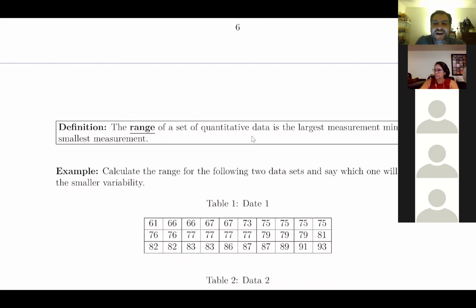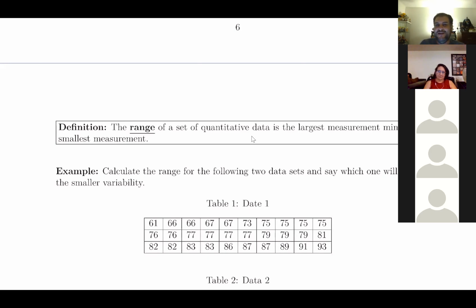The first way we're going to figure out which data set has the biggest variability is to calculate something called the range. The range is you get the highest number and subtract the smallest number, so the maximum minus the minimum. Usually if you have a big range, that tells you you have a high variability. If you have a low range, you have a low variability. Think about what the lowest value your range could ever be.